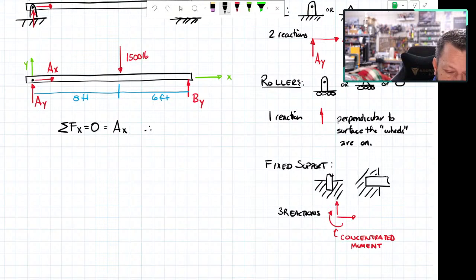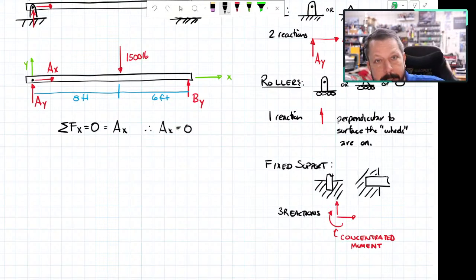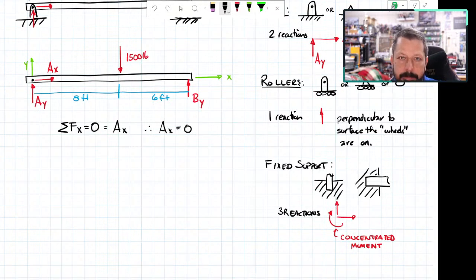Therefore, even though I drew it on there, AX has no reaction. Now in the real world, things start bending and deflecting, and maybe it does have some reaction in the x direction, but we're in the theoretical academic world right now, and so AX is 0. If I say, well, that was easy, let's write the y equation,